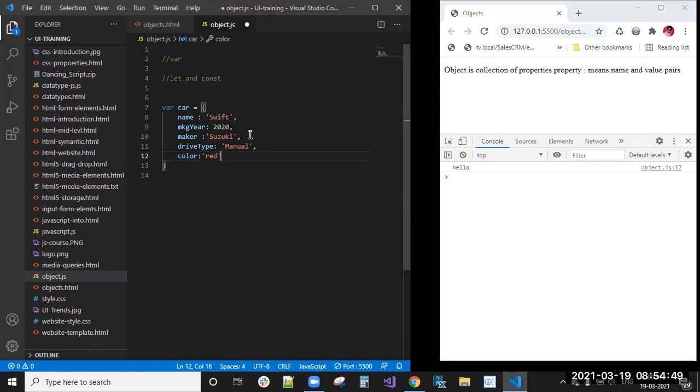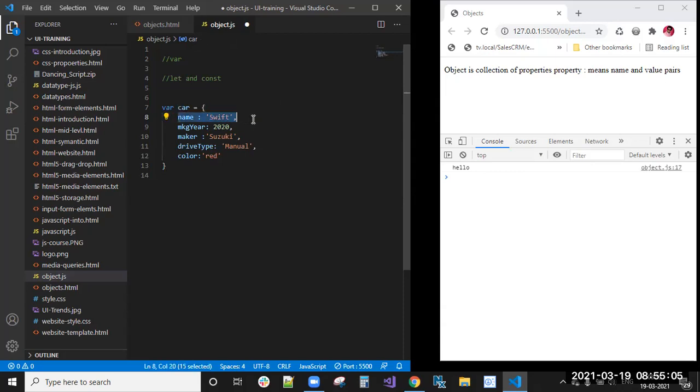This is the general object actually. Here, car is an object now, with properties like name and value. Swift is a value, right?